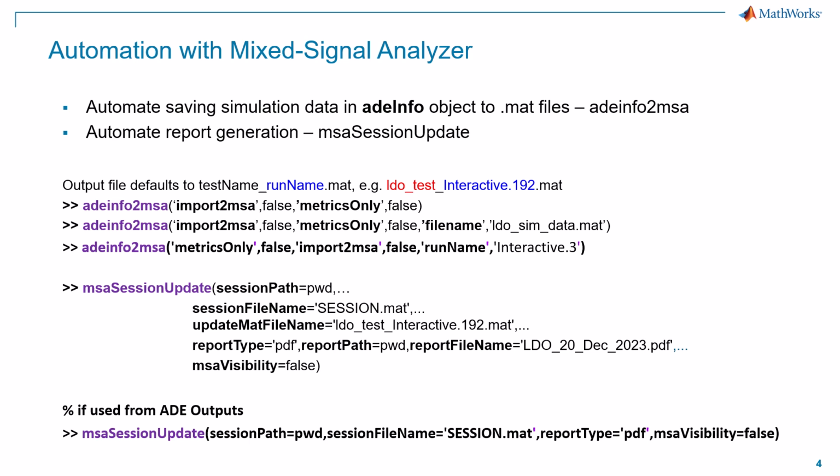I just wanted to show you how you could, for example, if you didn't want to use the auto naming convention for the output file name, specify a file name argument and just type in whatever file name you wanted there. Same with MSA session update. There are many options you can specify. I used the bare bones version of MSA session update in my ADE output setup that I showed earlier, something like you see here at the bottom.